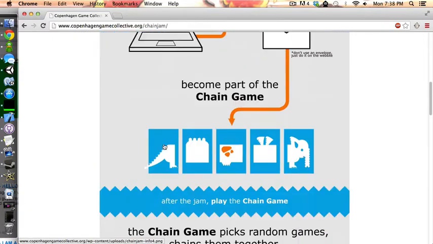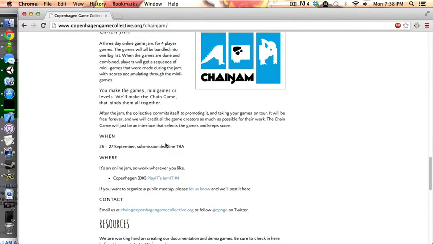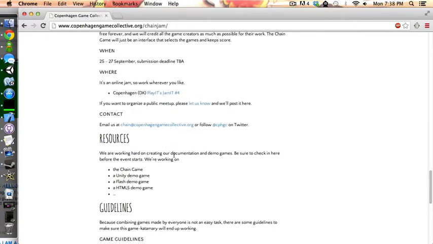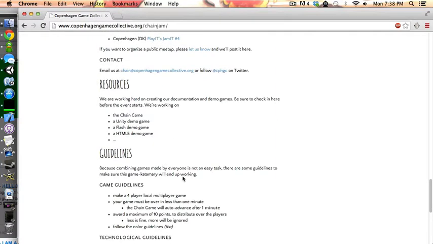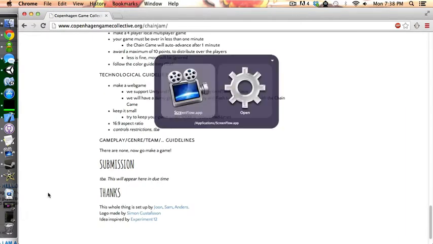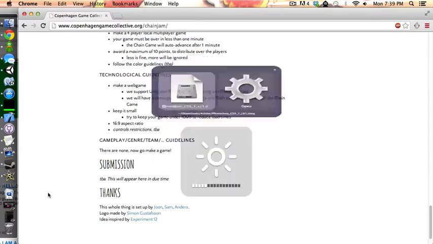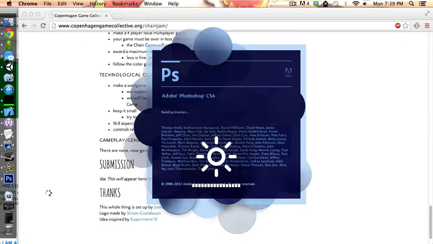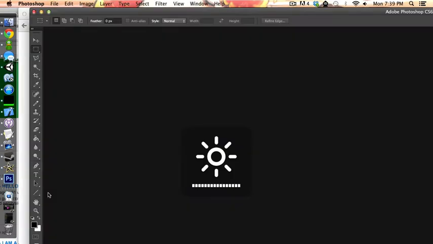So, first things first, where the hell is their example project? I thought they said they had it. Let's not even worry about that for now. So, what I wanted to do to begin, let's go into Photoshop. Where are you, Photoshop? Photoshop, Adobe, there you go. Here we are. So, I wanted to, shut up Adobe, you're annoying.